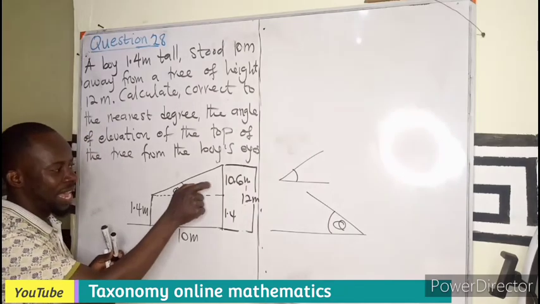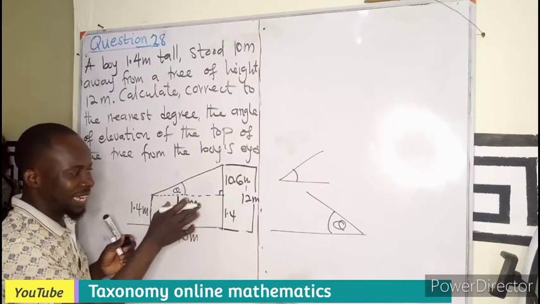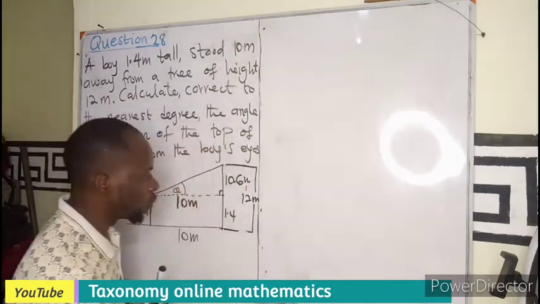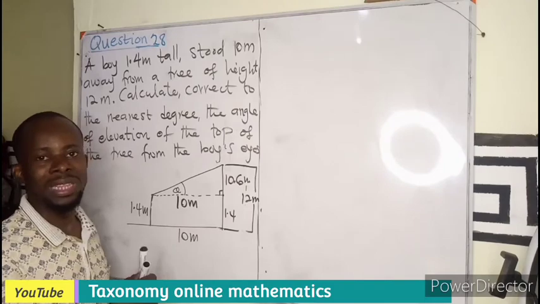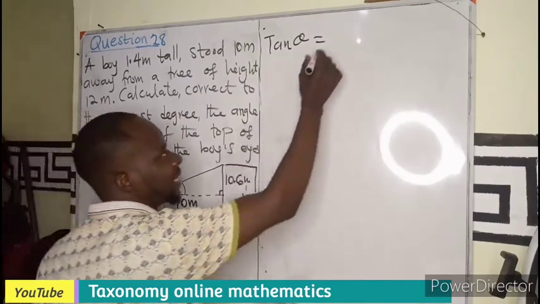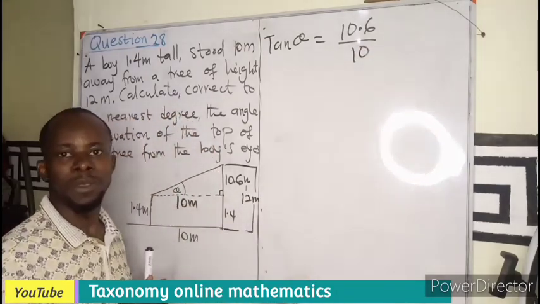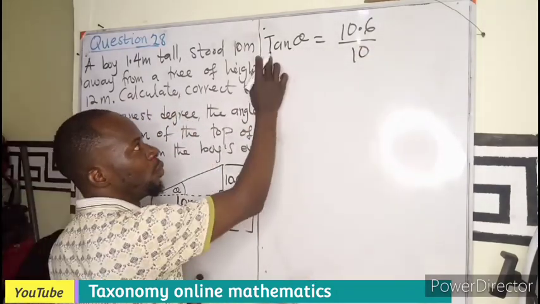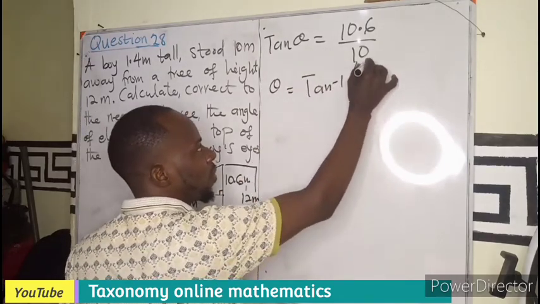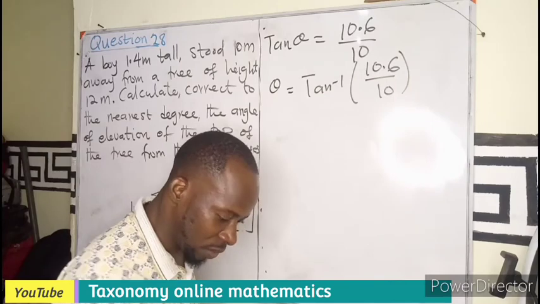So now our diagram here is a right angle triangle where the angle is facing here. This is going to be adjacent. So I can use the trig ratio, which make use of opposite and adjacent as what? Tan. So tan of the angle theta equals to the opposite side 10.6 over the adjacent side, which is what? 10. We are looking for the angle. So we find tan inverse. So theta equals to tan inverse of 10.6 over what? 10. And if you find tan inverse on that,